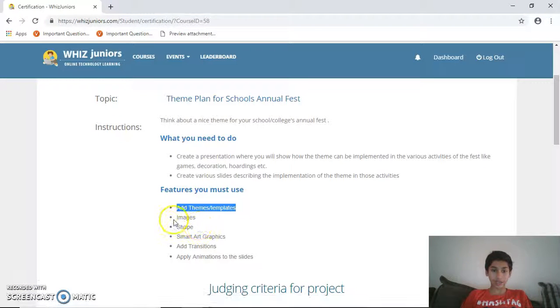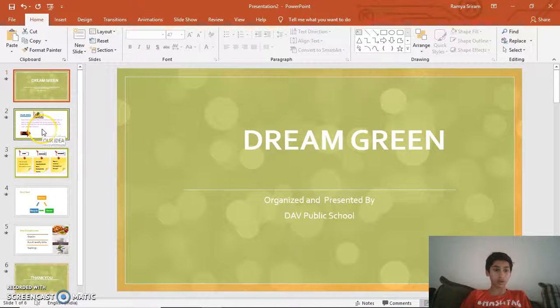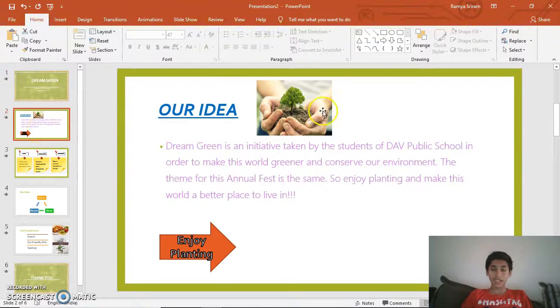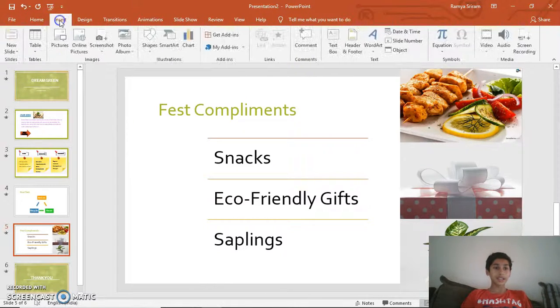Now going with the next one, images. I've added so many images also. Like in this slide, I've added an image here of a person catching a plant, and here I've added three images. So in order to insert an image, you can click insert here, and in the images group